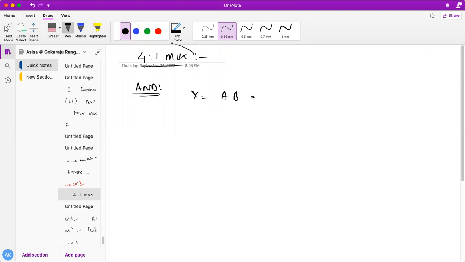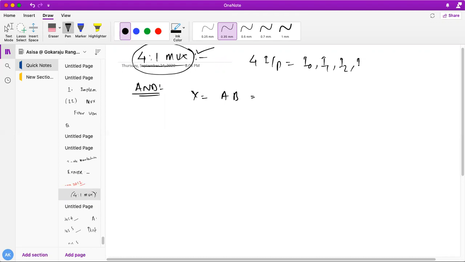I have to design my AND gate now using a 4x1 mux, not a 2x1 mux. As we know, a 4x1 mux means it has 4 inputs. What are those inputs? These are I0, I1, I2 and I3, and there are select lines. What are the select lines? S1, S0, and the output is Y. So these are the things for the 4:1 mux. All of you understand, or any doubt on this?